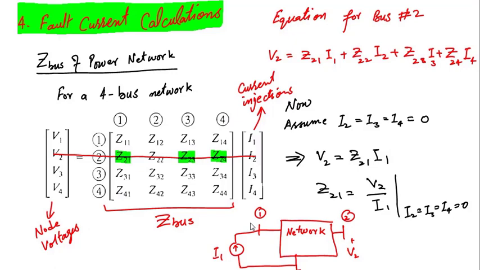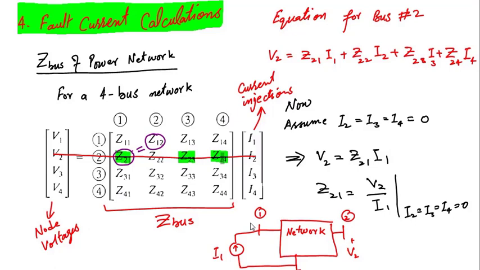As we have already mentioned, this Z bus is a symmetric matrix. So the upper triangle is equal to the lower triangle, meaning the value of Z12 is equal to Z21. Similarly, Z13 is equal to Z31 and so on. So these entries are equal. It means the transfer effect is the same. It means if we inject current at node number 1 and see how much voltage is developed at node number 2, the ratio of that voltage to current will be the same as if we inject current at node 2 and measure voltage at node number 1. So this means the transfer effect is the same. So this is a linear circuit.